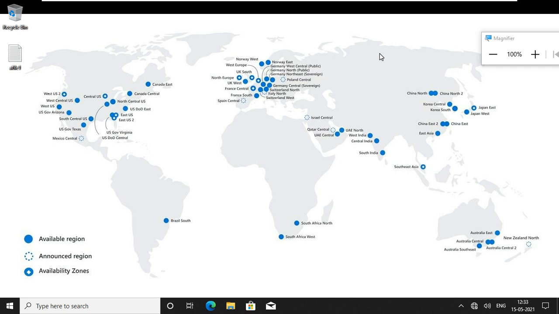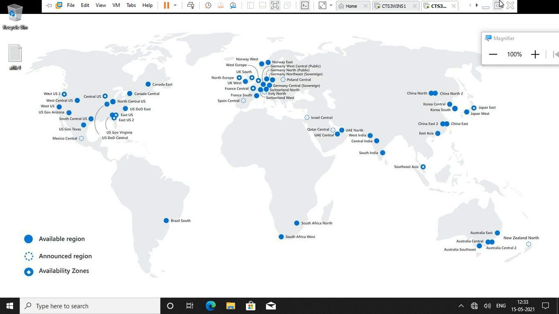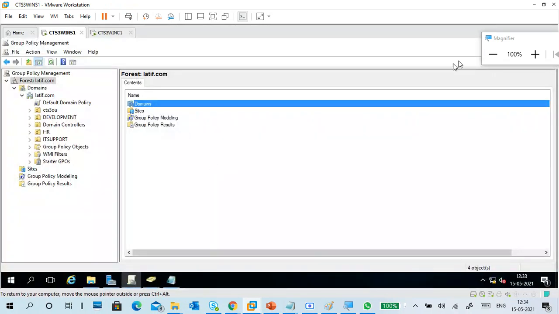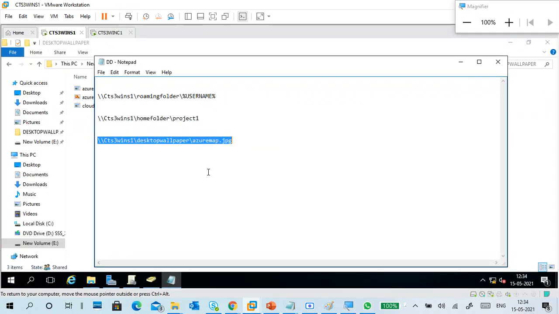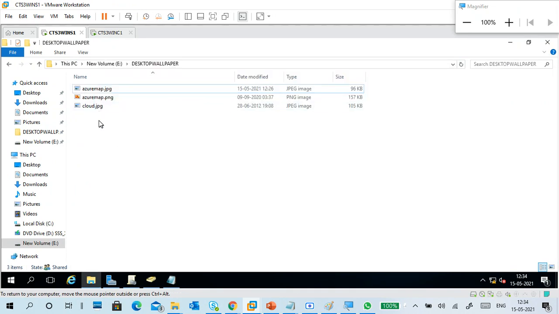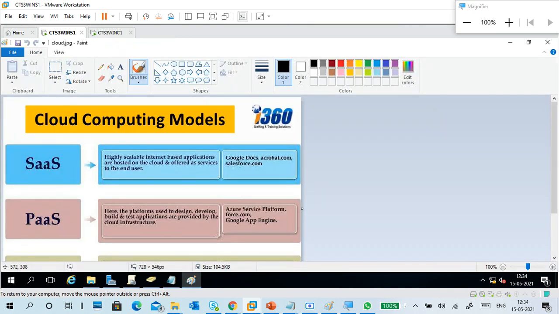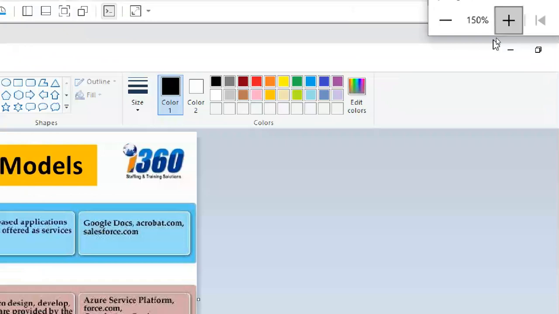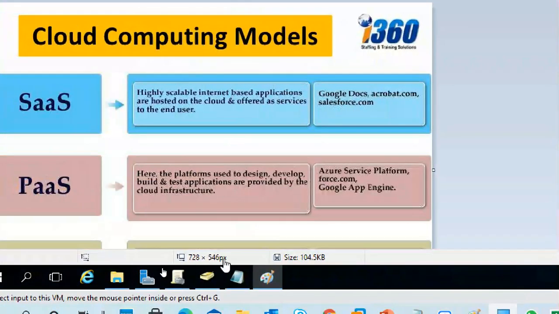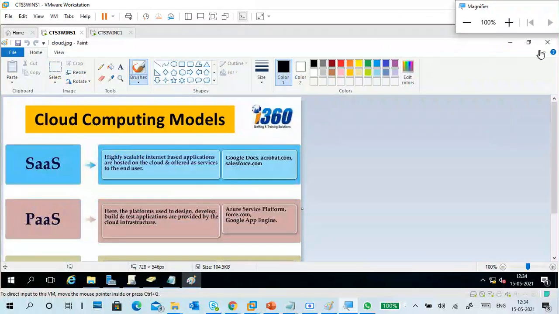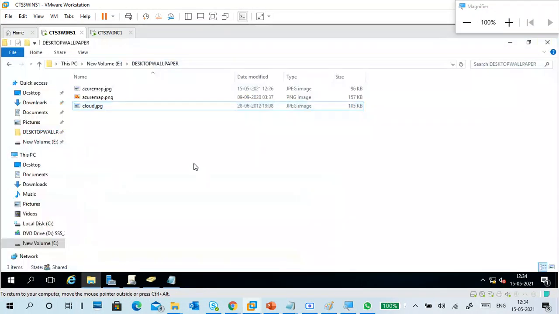Okay, sharing one. Security, everyone. Better to give security everyone for first time, while you are doing first time. Later you can change it if you want it. Okay. Now, if in case I don't want an Azure map, I want a cloud map. I want cloud. This one. So then go to edit and see what is the pixel size. It's a very small one, and it will come in a middle only. So like this, if you want a small one, then you can use it.